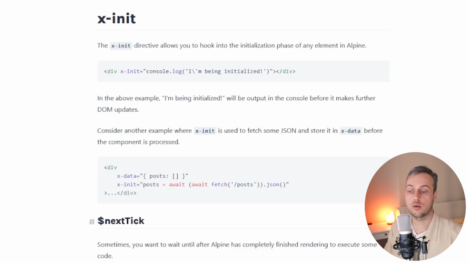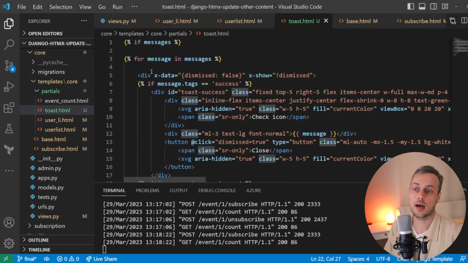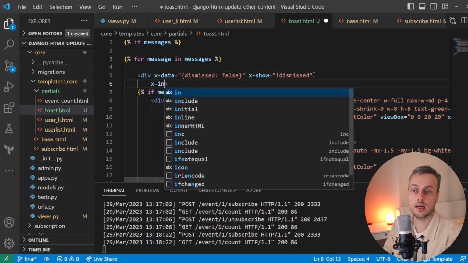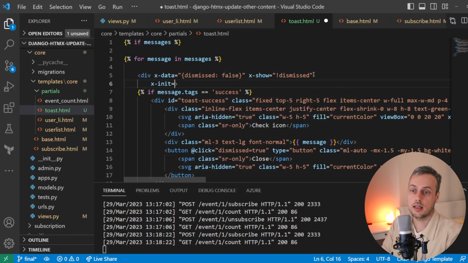And we're going to use that in our toast.html partial. We have the div that contains the x-data attribute at the top here. This is the root element for our Alpine component, but we're also going to add another Alpine directive, and that's the x-init directive. And that can be set to any logic, as I was saying, that you want. So for example, what we want to do is set a timeout here and perform a callback function after a given amount of time. Now what we want to do is change this variable here in our state. We want to change dismissed from false to true after 2 seconds,